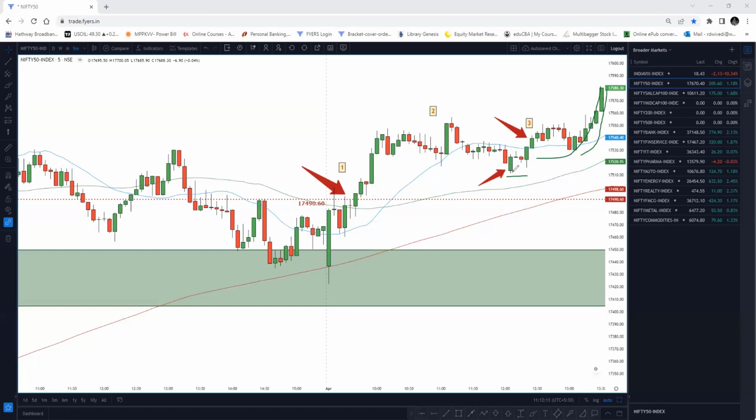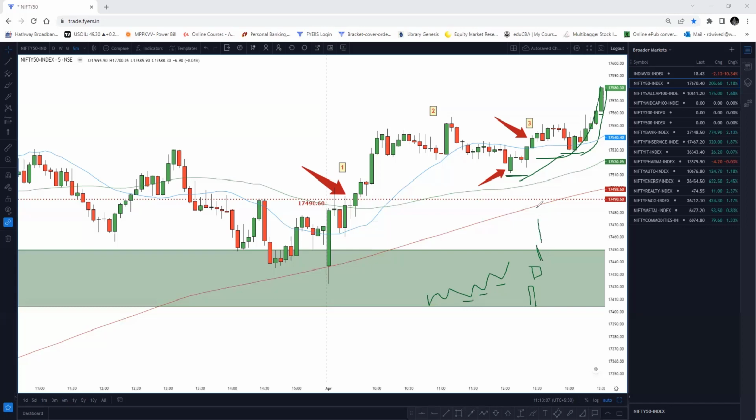Now the second question comes: if you keep your stop loss here, and if let's say prices start to move up, then where should I keep my stop, or where should I shift my stop loss? So there are two ways to trail the stops. Either you can trail your stops below every lower low here,